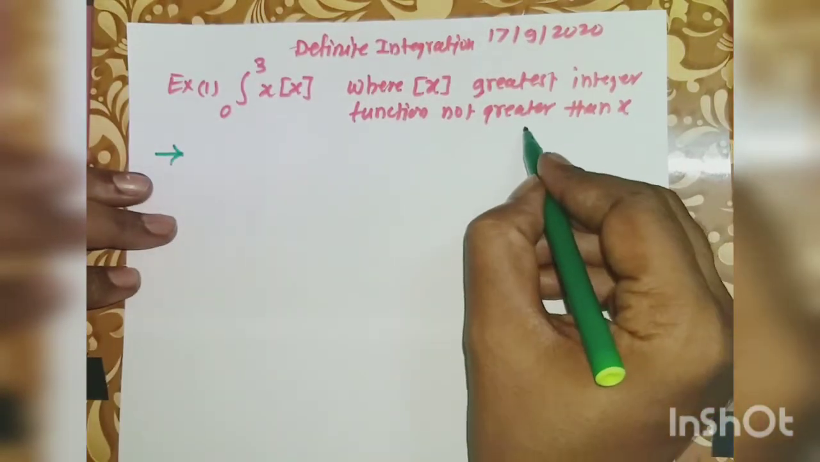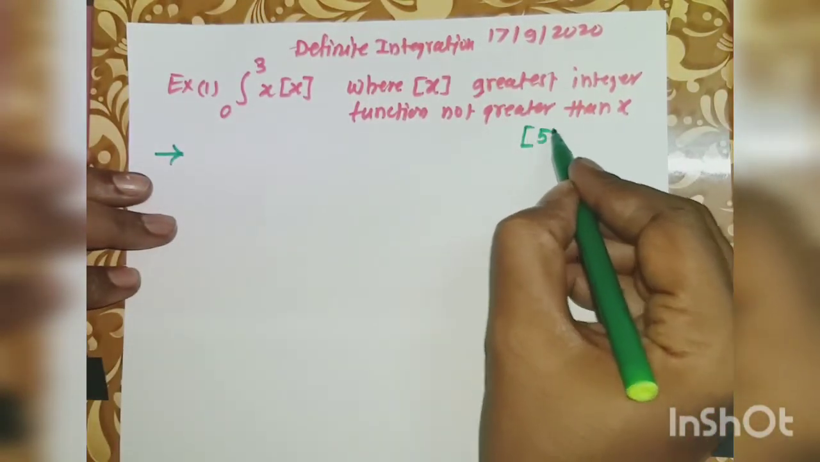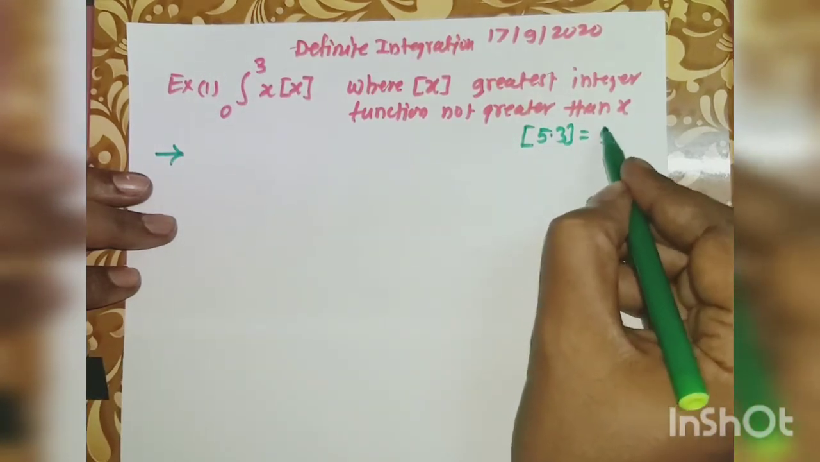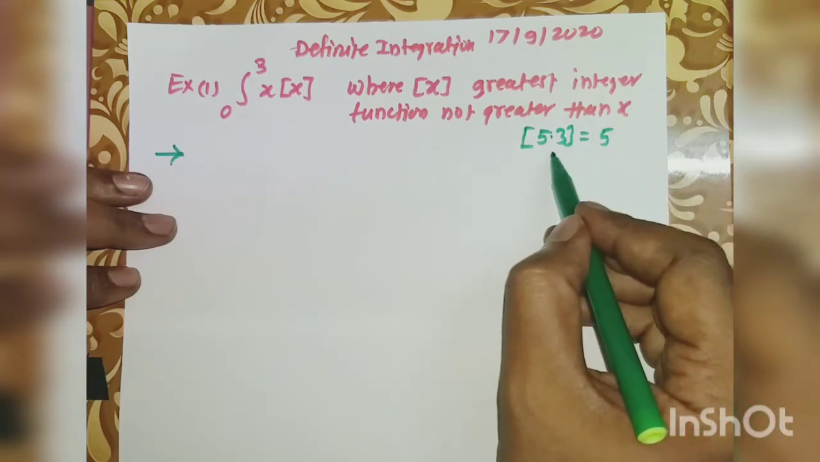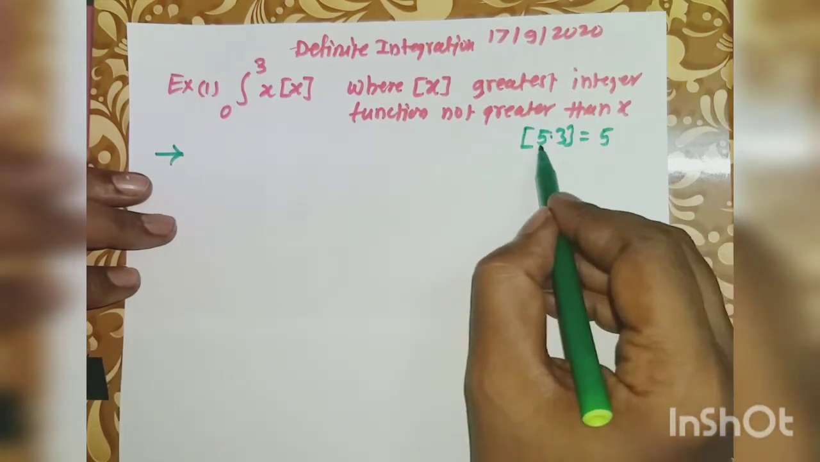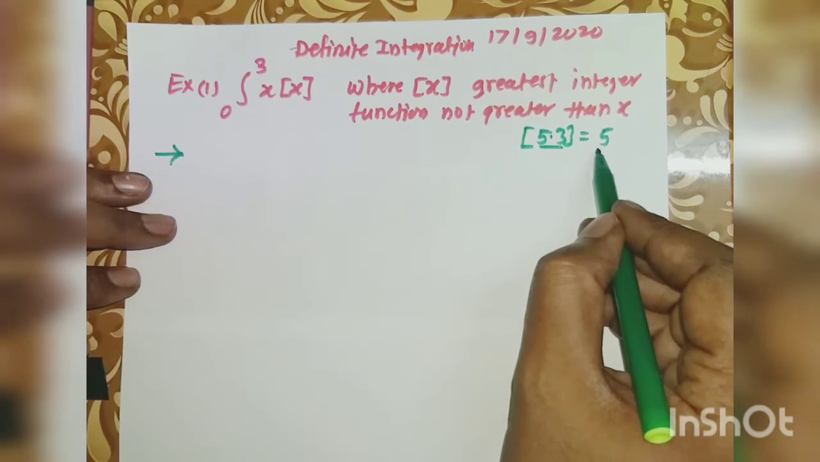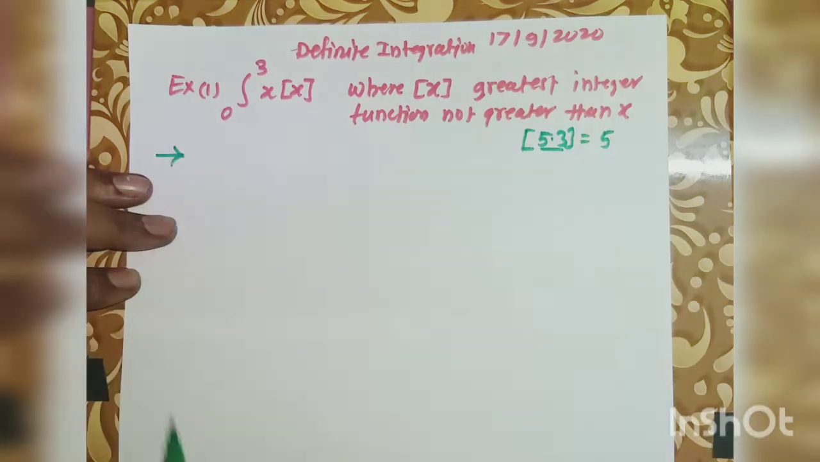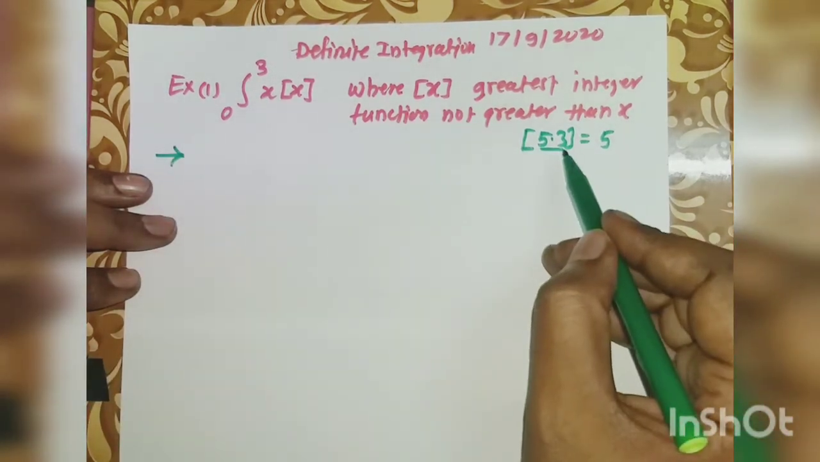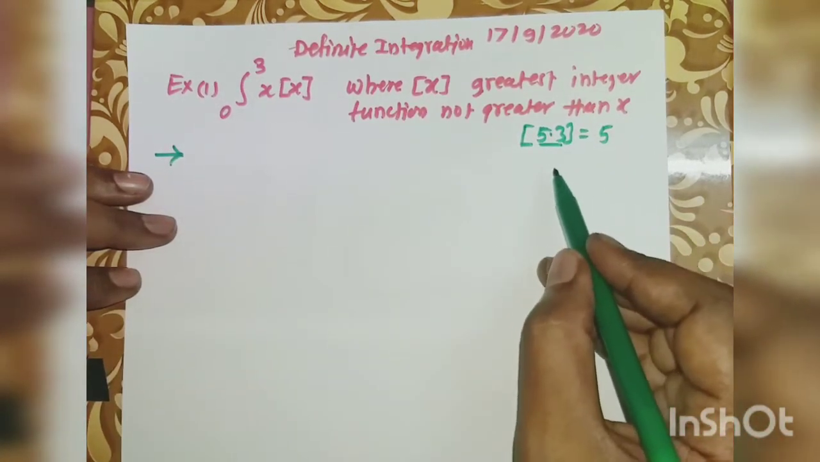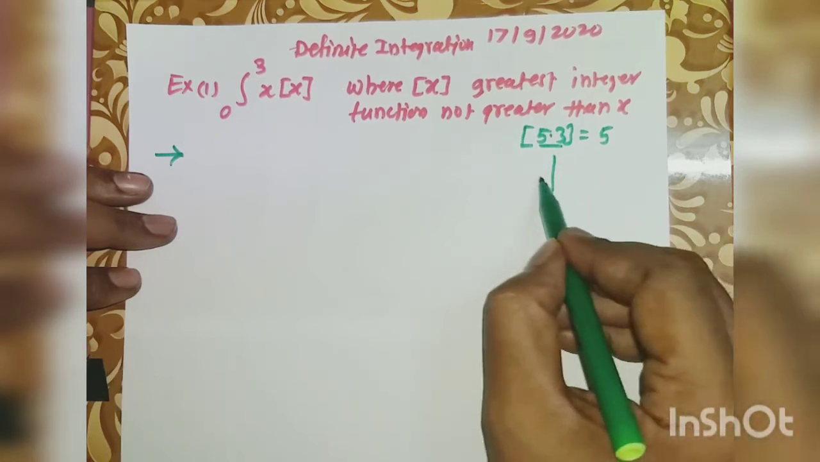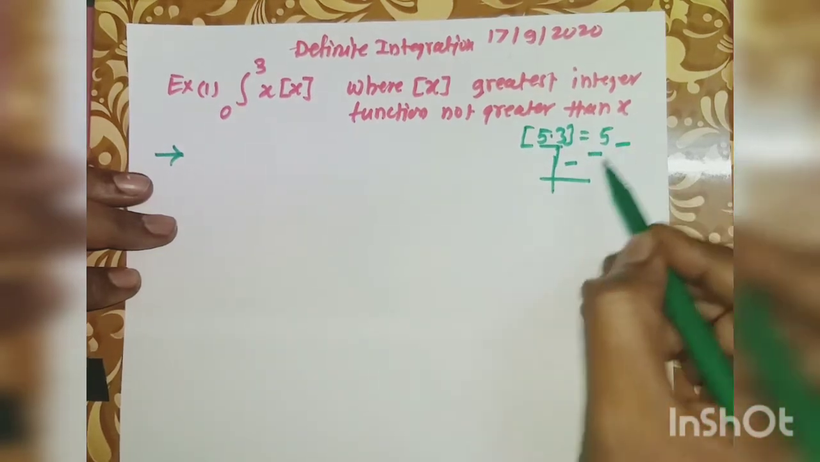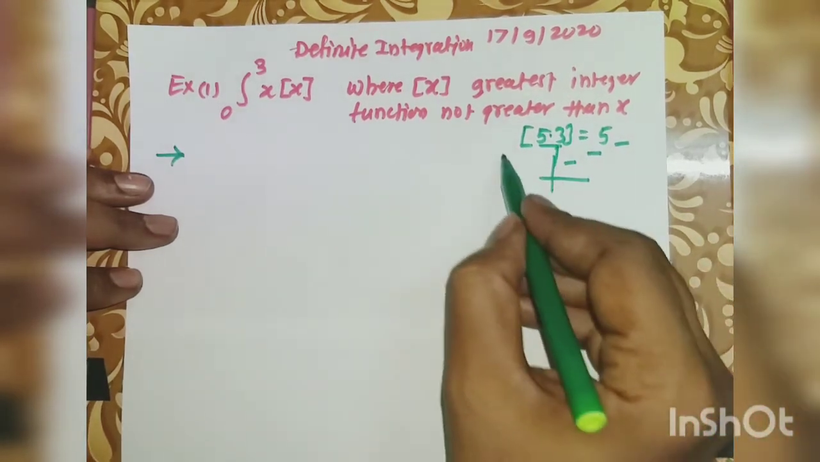For example, suppose we have [5.3], then its value is 5, the greatest integer not greater than 5.3, which is 5. In this way solve this example. Last year in functions we drew the graph of the step function, that is, the greatest integer function. By using this